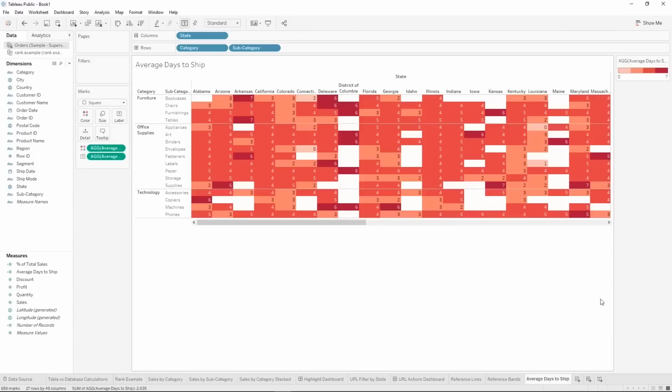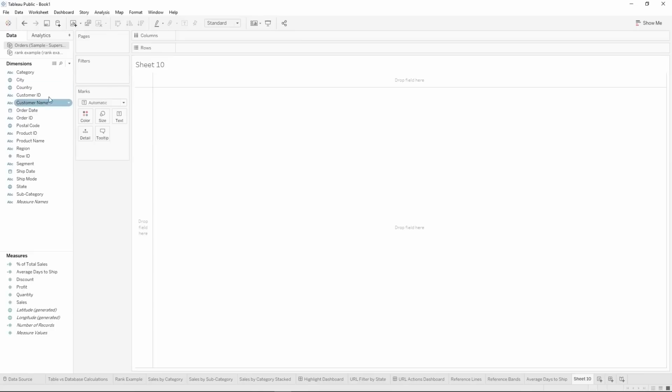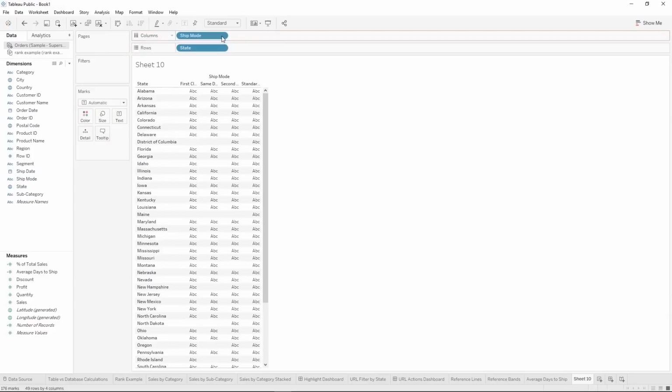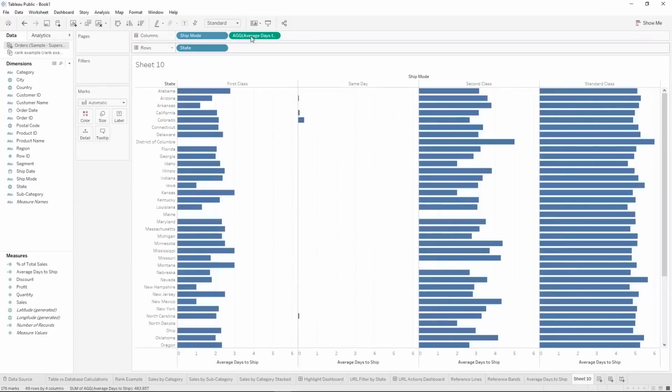Now let's do another analysis on average days to ship. And for this one, we're going to look at it by state, and we're going to look at it by ship mode. And so we'll take average days to ship and put it on columns. And now we can see the average days to ship by first class, same day, second class, or standard class. And you can see